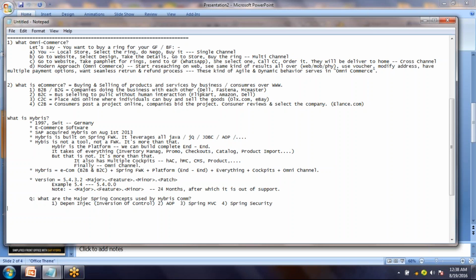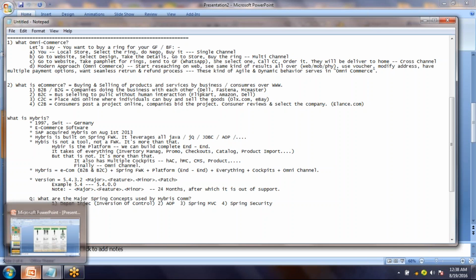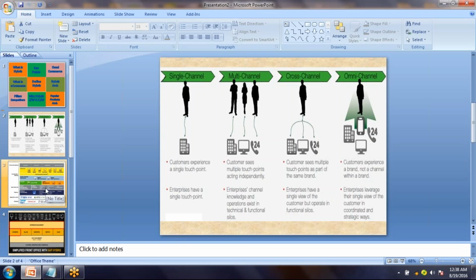So if anyone asks whether Hybris is secure, you can say yes, because whatever Spring security provides is also available for Hybris, since Hybris is built on top of the Spring framework. Okay, now let's understand Hybris architecture. I'm not going to write that one. Let me show you a diagram of how the Hybris architecture looks.